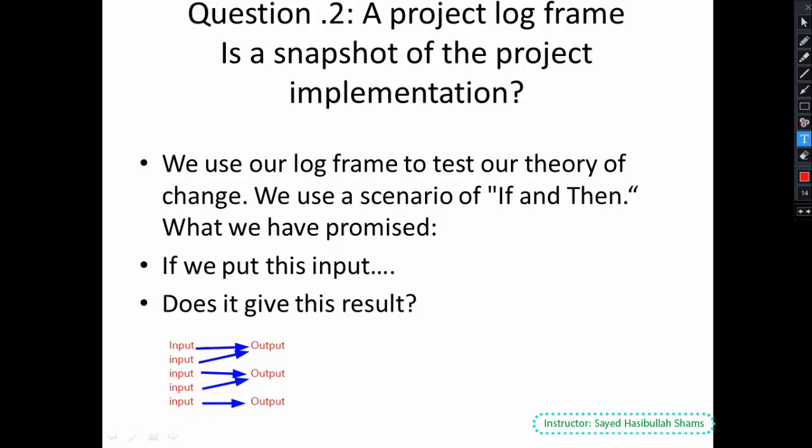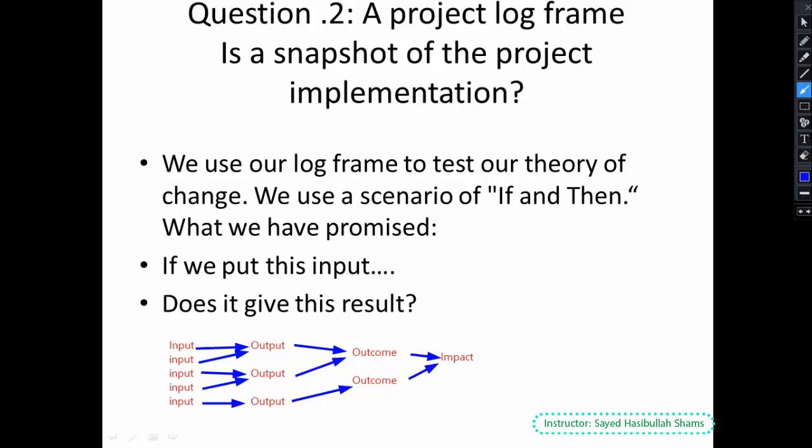So next we have outcomes. What does it mean? For example, these two outputs produce this outcome, and this one output produces one outcome. Also, finally we have impact. So these two outcomes